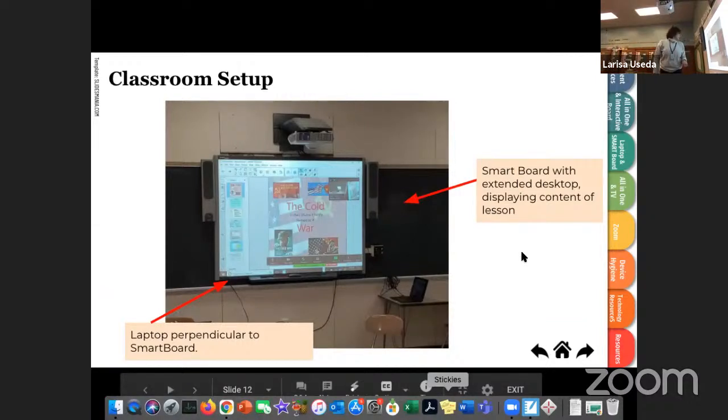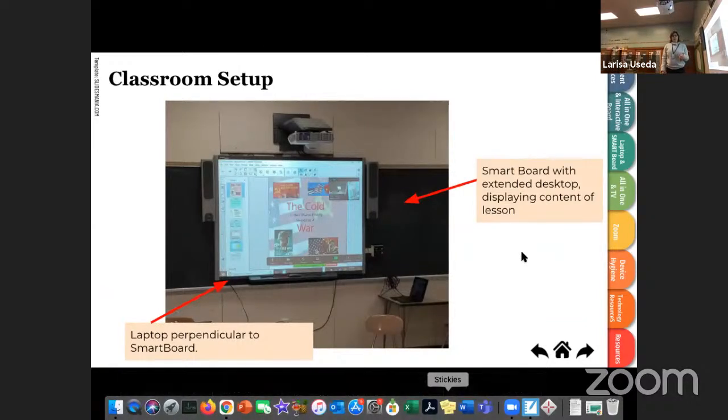So this is another setup, and this is similar to what I have here. The laptop is just on a table perpendicular. And this one is a little bit different because we're extending the desktop. And we'll go into what this means, but I wanted to show it to you first. So the content that the teacher is using is on the smartboard. And